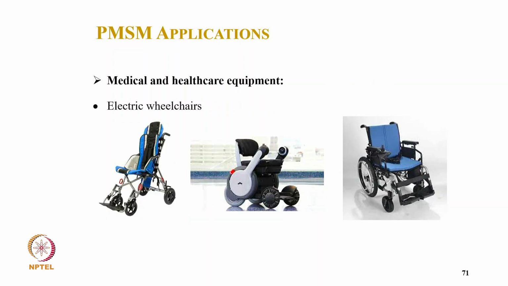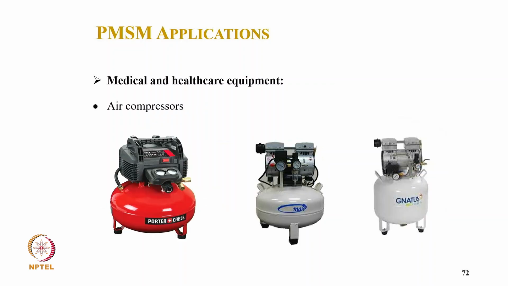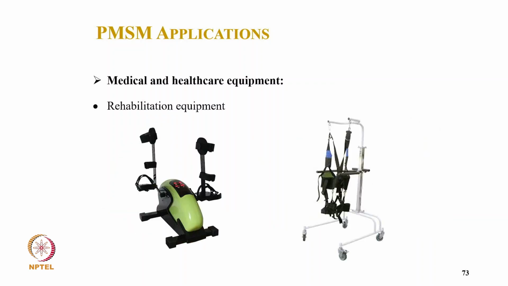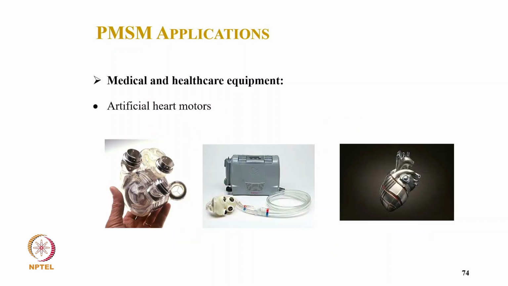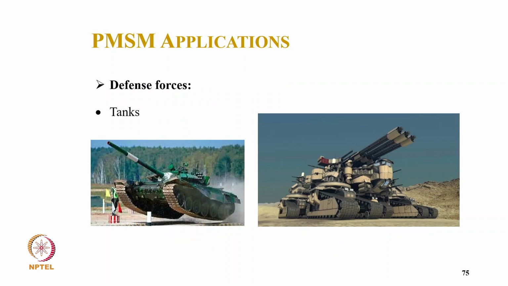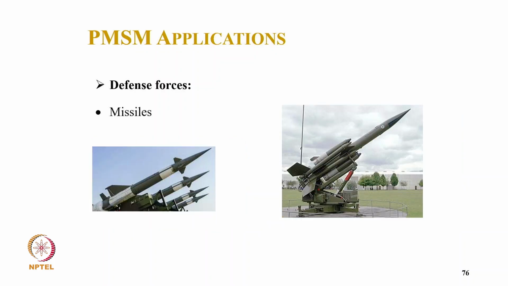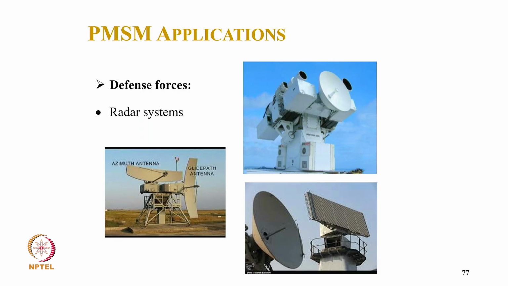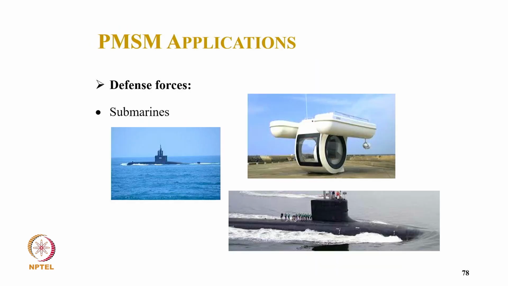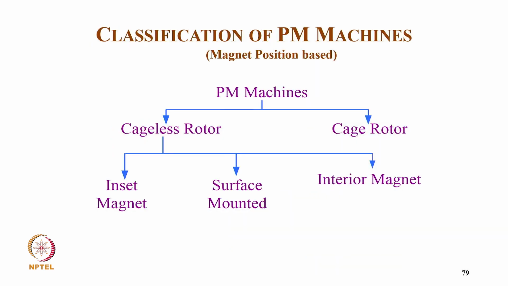Then electric wheelchair, medical and healthcare, in air compressors. Then rehabilitation equipment, artificial heart motors. Then in defense application in tanks, missiles, in defense forces. Then radar systems, submarines. So now I hope by this time you are already convinced why you use this permanent magnet